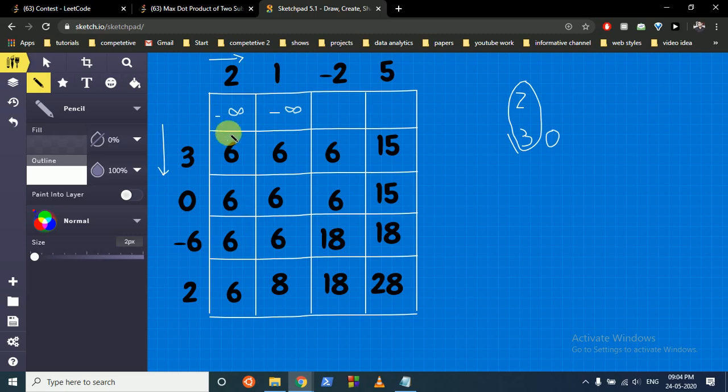And same, if we add this, now we take -6 and 3. The maximum can be if we just take 2 and -6, or the maximum till here, which is 6, and it is -12, so the maximum till now is again 6. So this is how we fill this.